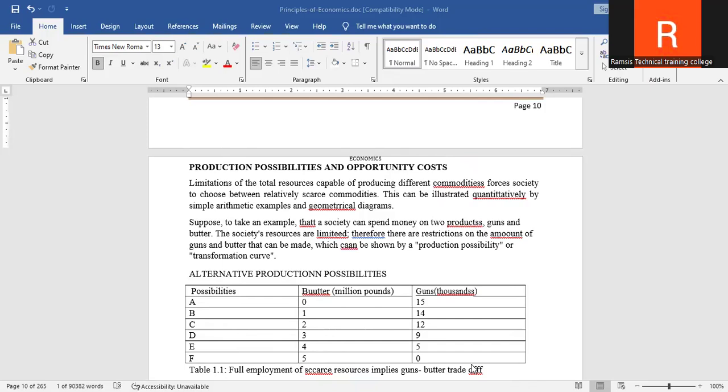This basically refers to the value of benefit expected from the best second alternative foregone. This is based on the fact that resources being scarce have competing alternative uses. So if you cannot afford a particular resource, then you have to go for an alternative that can serve the same purpose.